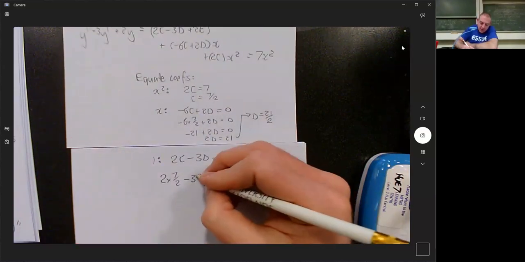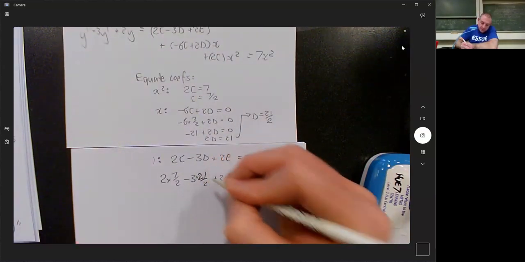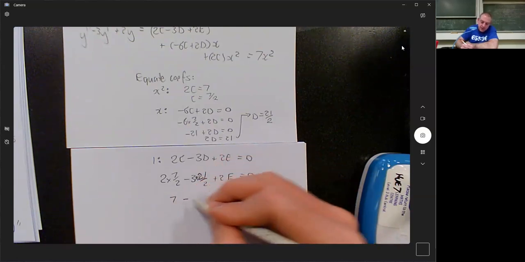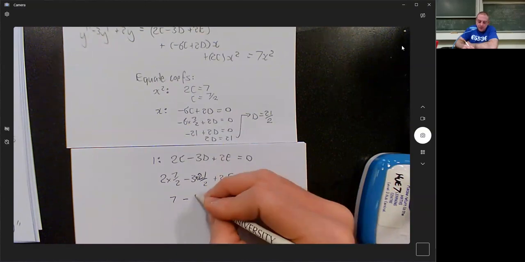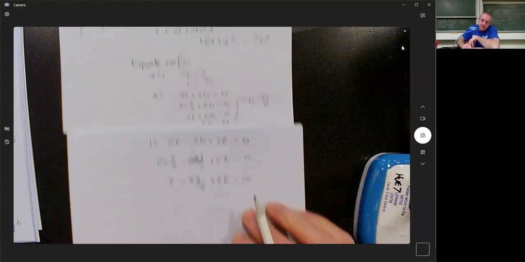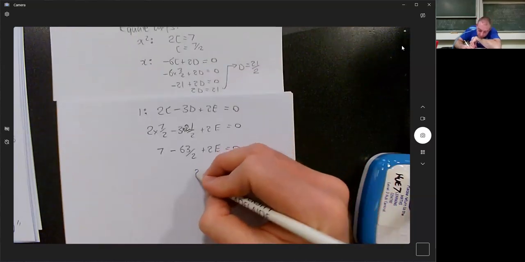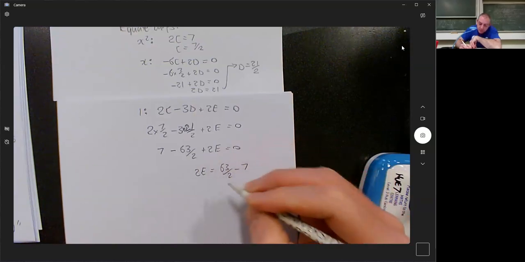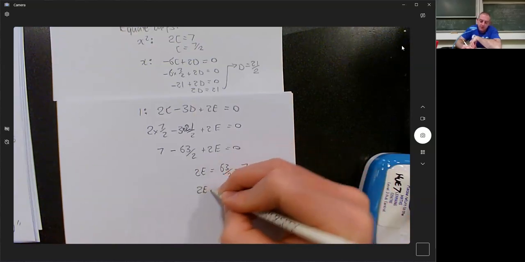Oh wow, it's bad. 7 minus 63 over 2 plus 2e is 0. And so 2e must be 63 over 2 minus 7, which is